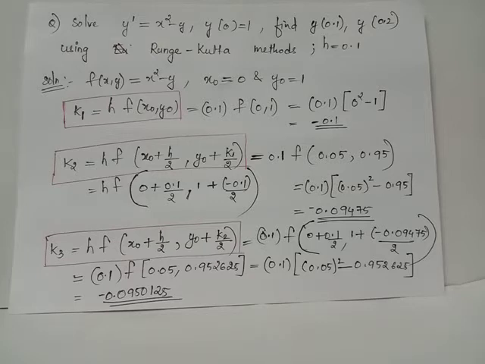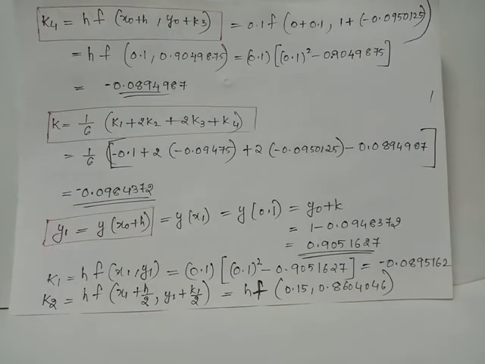We have to evaluate k3 using the formula k3 equals h times f of x naught plus h by 2, y naught plus k2 by 2, where k2 equals minus 0.09475. We have x naught plus h by 2 equals 0.05 itself, and y naught plus k2 by 2 will be 1 plus minus 0.09475 divided by 2, which becomes 0.952625. We have to evaluate f of x,y at x equals 0.05 and y equals 0.952625. Thus, we have k3 equals 0.1 multiplied to f of x,y at x equals 0.05 and y equals 0.952625, which will give k3 equals minus